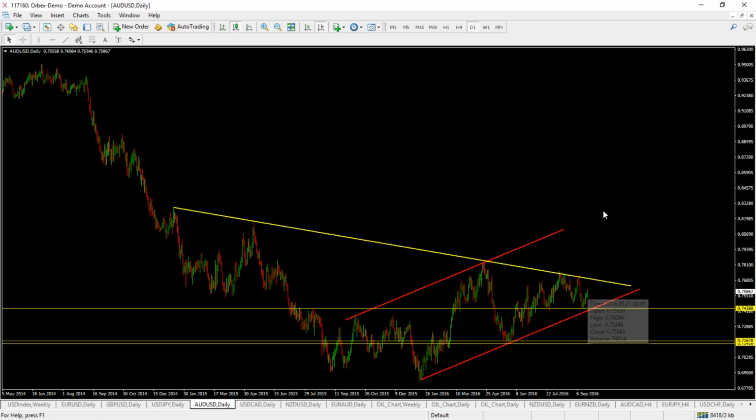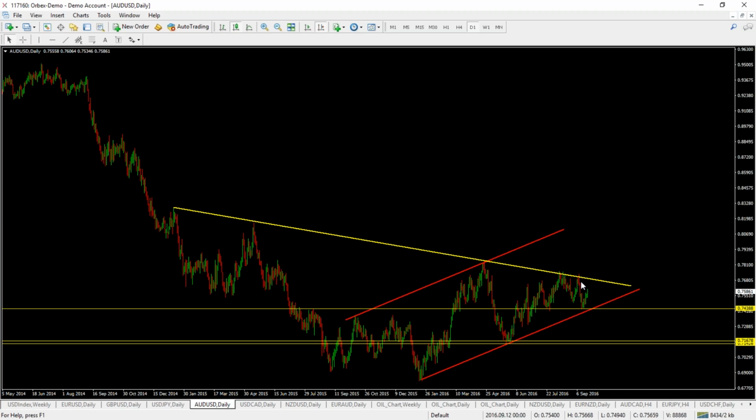So if price breaks out above that level and we sustain a move above that level, then we will of course be targeting a move up into the bullish channel resistance line up ahead. So definitely a technical level to keep on your charts, and as I say, this has been a key price pivot point for the Australian dollar over the last 3 years.